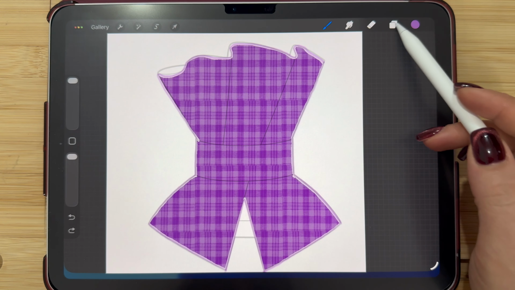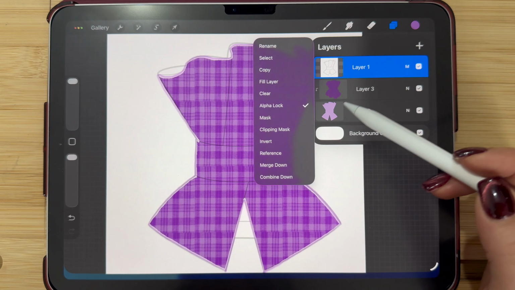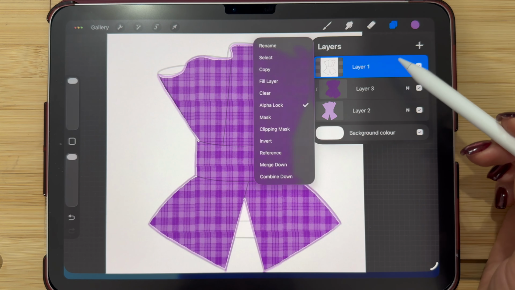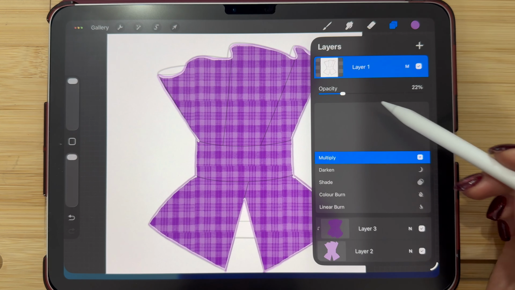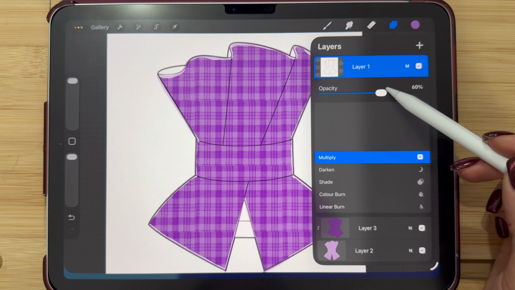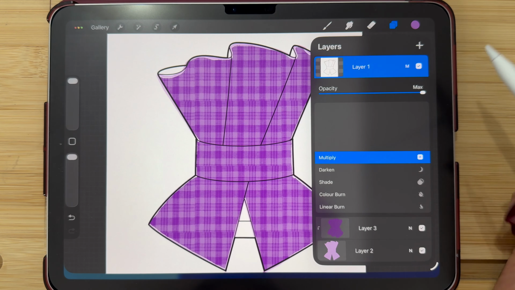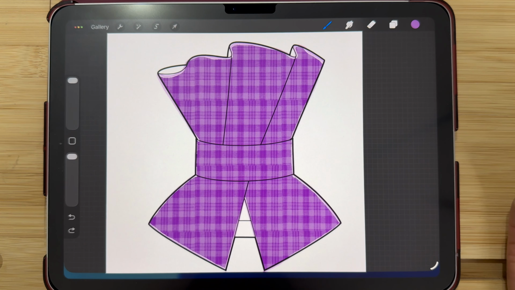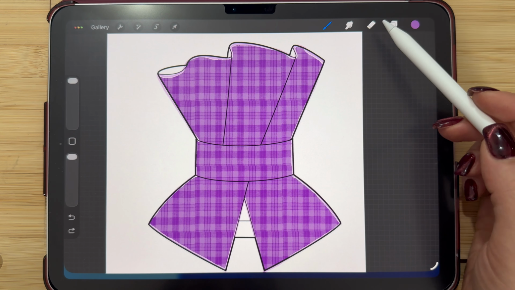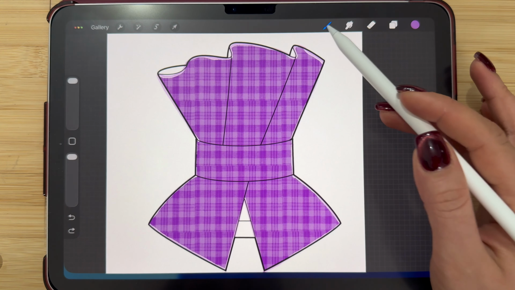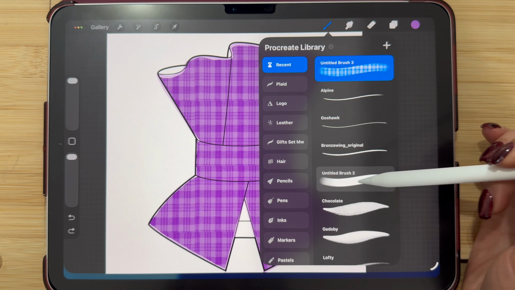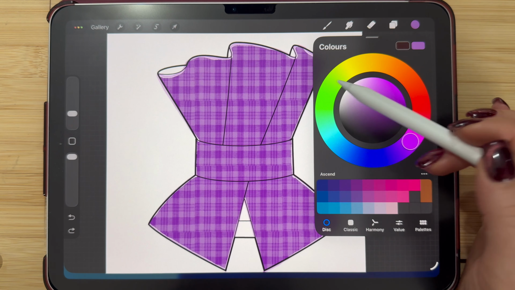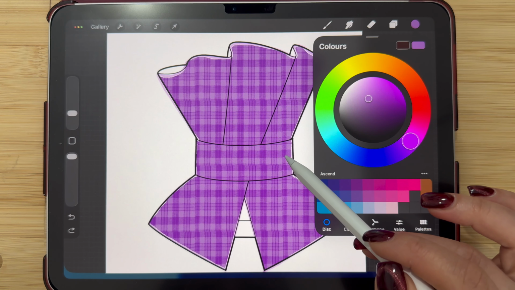Okay, so now let's go to the first layer again and increase the opacity. This is how I did that so far, and now I can go to a normal brush, get the similar